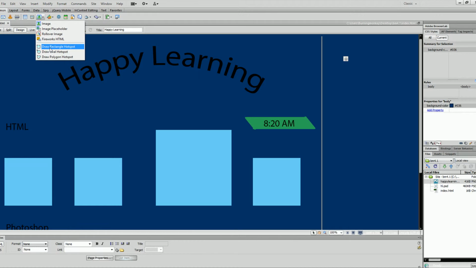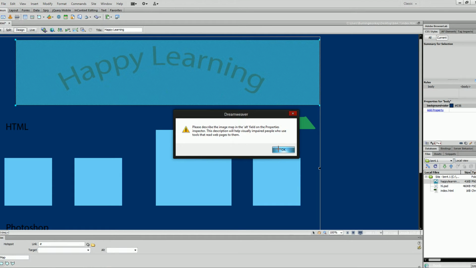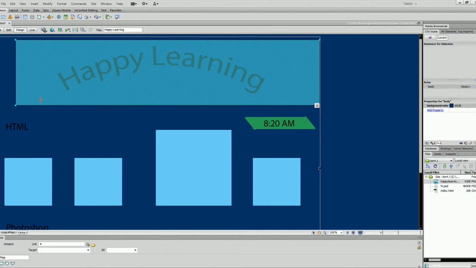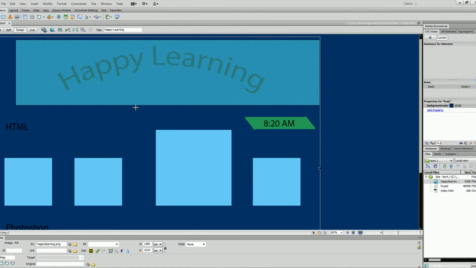I'm just going to go ahead and click on rectangle hotspot and just demonstrate this to you all. Click OK. Alright, so now that we have that, let's see if I can, oh, you can't modify it. Okay, that's fine. Alright, so now that I put this little hotspot above, I'm going to hit escape and then